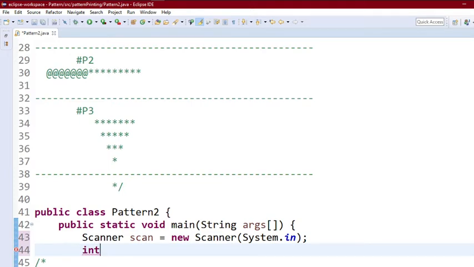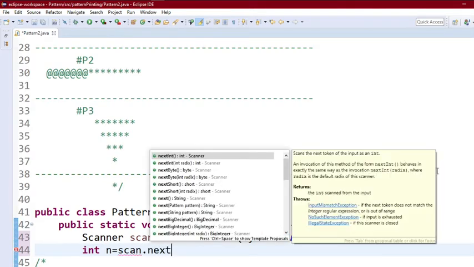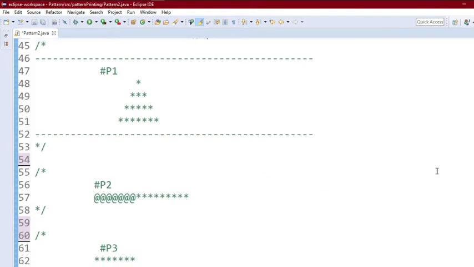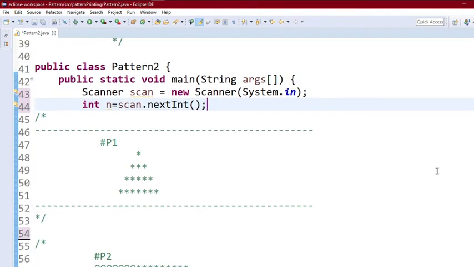Let's take n as an input. We have taken our input from the user.